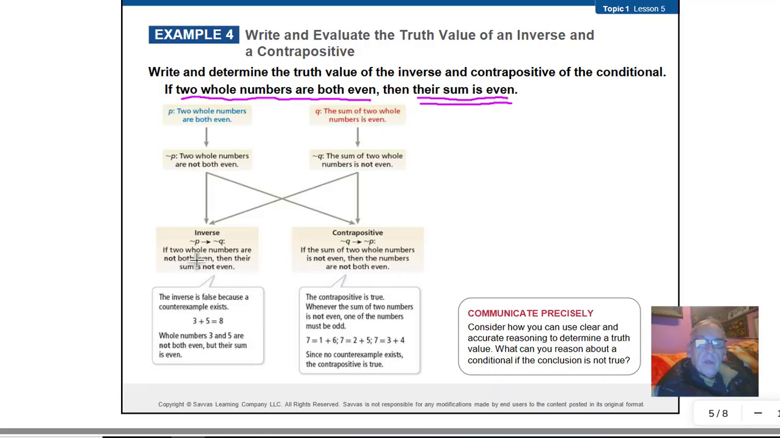The inverse would be: if two whole numbers are not both even, then their sum is not even. And they note that the inverse is false. So if two whole numbers are not both even, so let's say we have a 2 and a 5, those are two whole numbers, they're not both even, they're going to add up to 7, then their sum is not even. It works for that one. Let's look at 3 and 5 though. If two whole numbers are not both even,